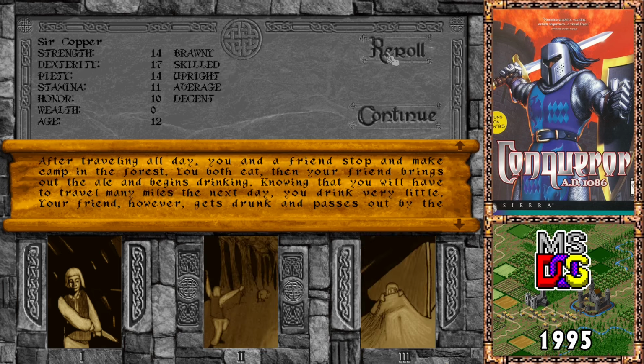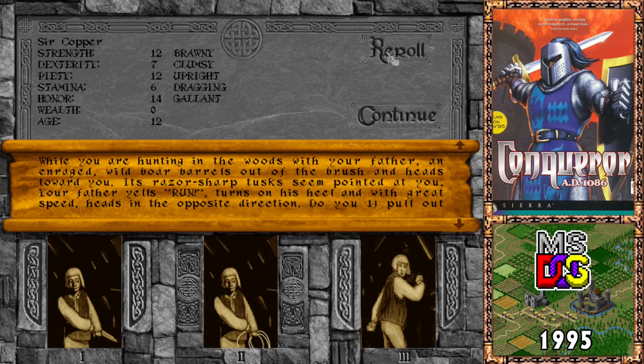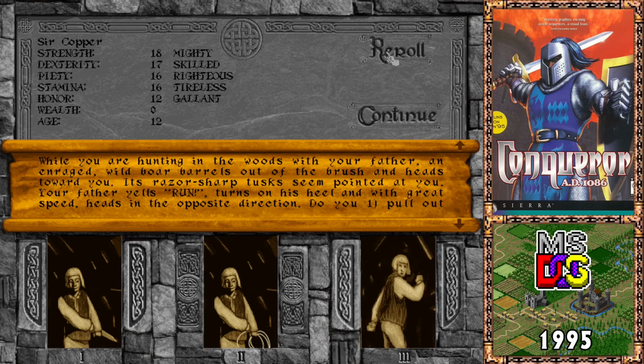If this takes me too long, then I will put an edit in here. Let's keep going. Getting some terrible rolls here. This will do. Right, okay. So strength